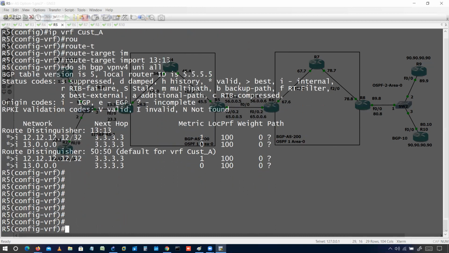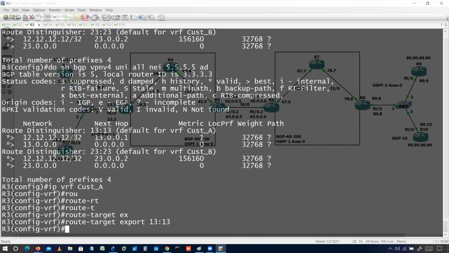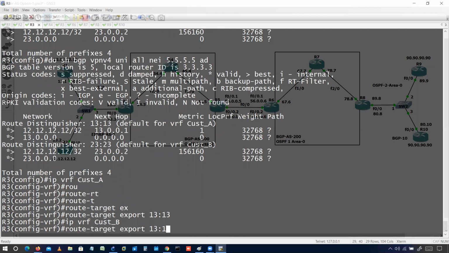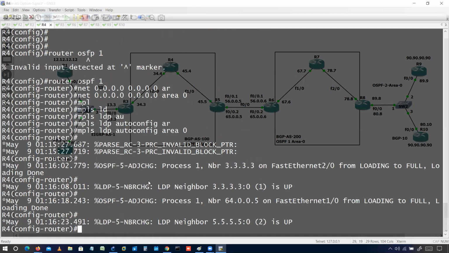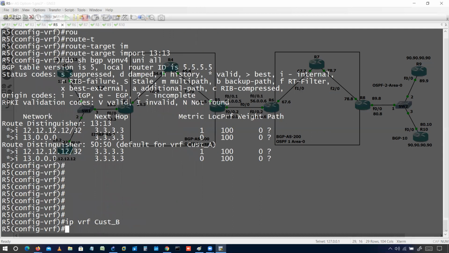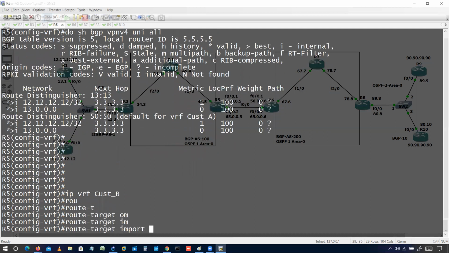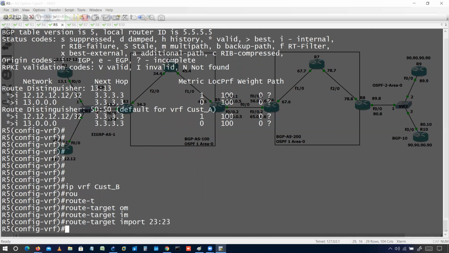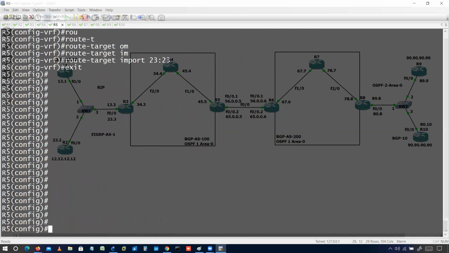Now just do it for the other VRF. ip vrf customer B, what do I want to export? 23:23. I'll go to R5 and do the same configuration, ip vrf customer B, route-target import 23:23. Fine.